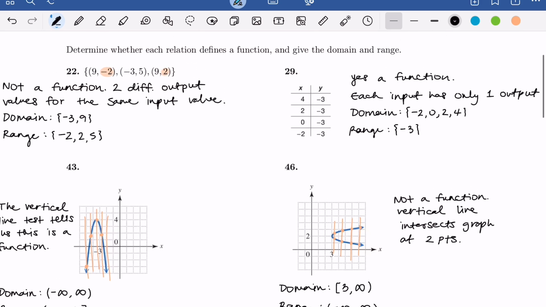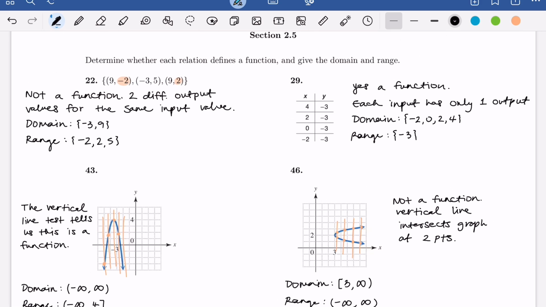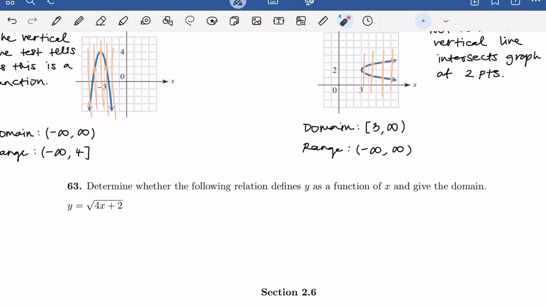Okay, so those were some examples on how to figure out if a relation defines a function. Now for this next problem here, we want to determine whether the following relation defines y as a function of x and give its domain. Now notice we have an equation here. This is still going to be a relation. We're still going to have a set of ordered pairs. For every single output value that we get for y, we're going to have a corresponding input value that we have for x. So we want to figure out if this does define y as a function of x, meaning